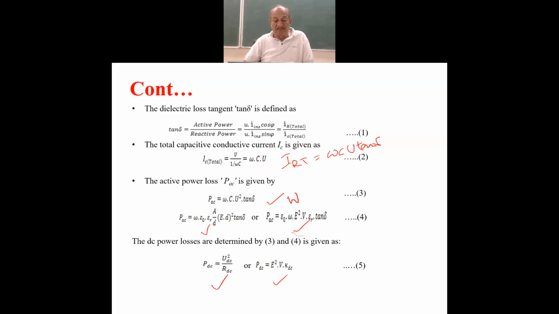There is a very popular instrument developed by Mr. Schering, the Schering bridge. With the help of the Schering bridge, you can measure so many dielectric properties of solid and liquid dielectrics, and tan delta is one of them. So tan delta, as we conclude here, is a revealing factor for the quality of the dielectric. I mean, for estimating the quality of the dielectric